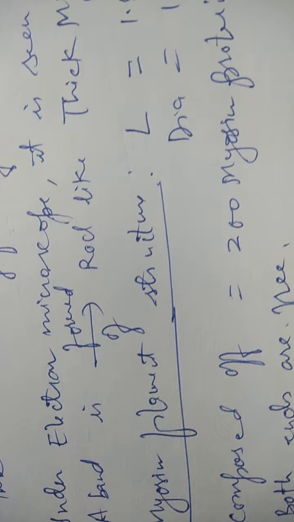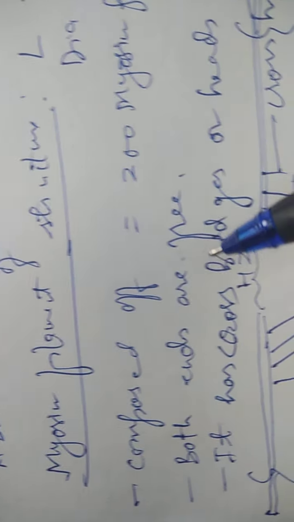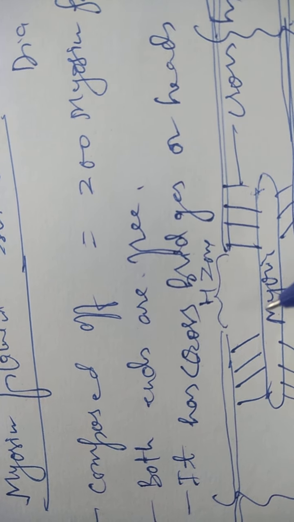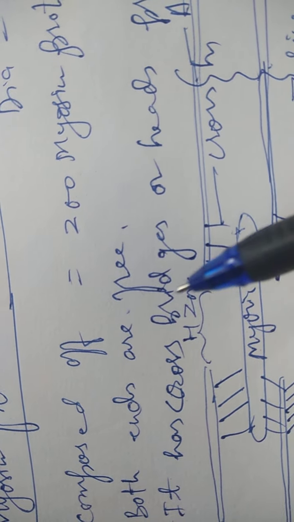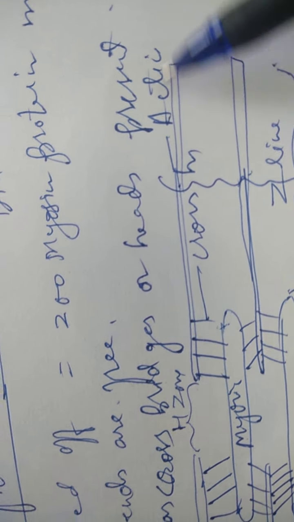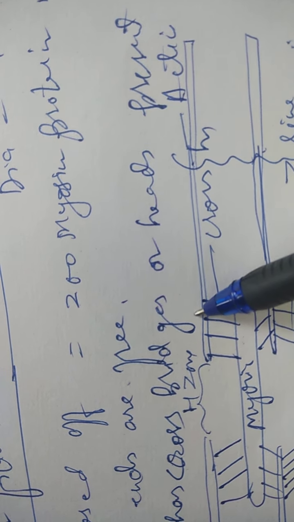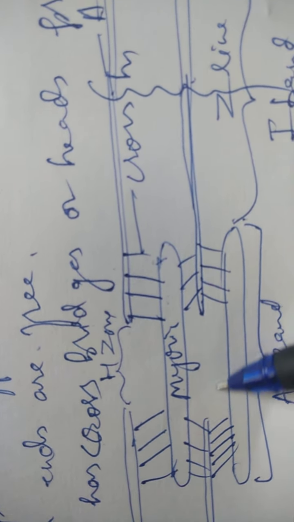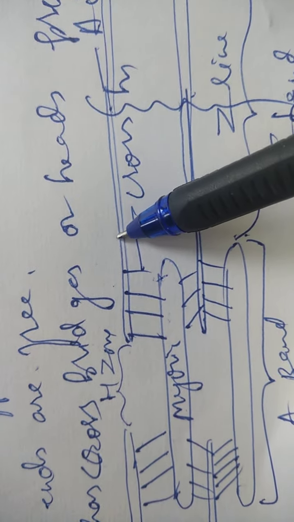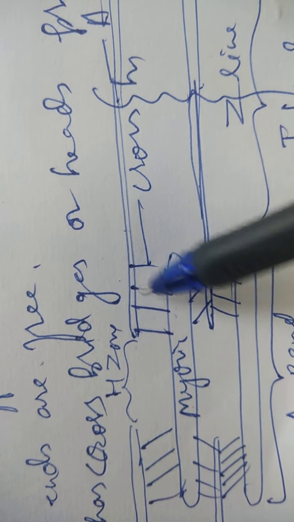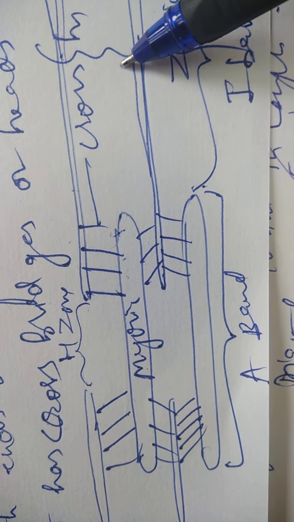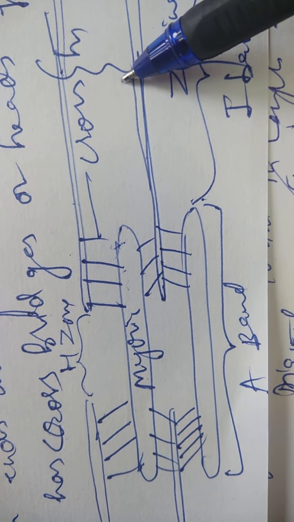Okay, and then the myosin filament structure I was telling you, it has cross bridges. These cross bridges, or heads, whose structure I have already explained, are present on the myosin and attach to the actin filaments. Again you can see here the A band, here the H zone, here the myosin filament, one actin, this is another actin filament, and the cross bridges formed by the myosin. This is one Z line, this is another Z line, and from here to here we have the sarcomere, the structural and functional unit of muscle contraction.